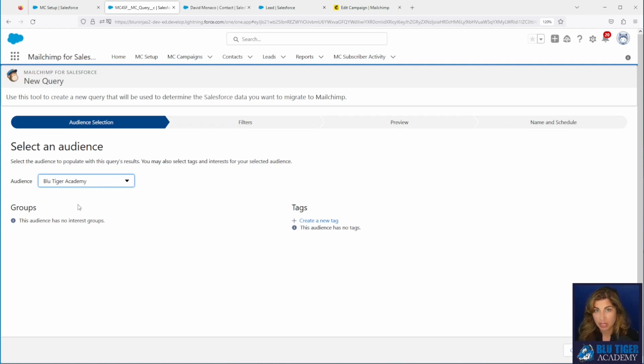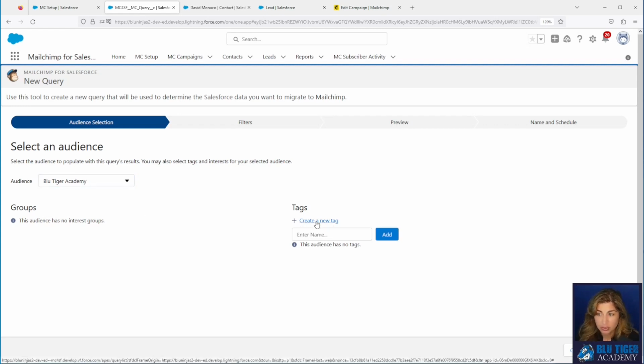So sometimes you may want to go this route. In this example, I'm going to create a new tag that's called biotechnology. And this is going to be the people who are in the industry called biotechnology within Salesforce. I don't want to sync this field over.